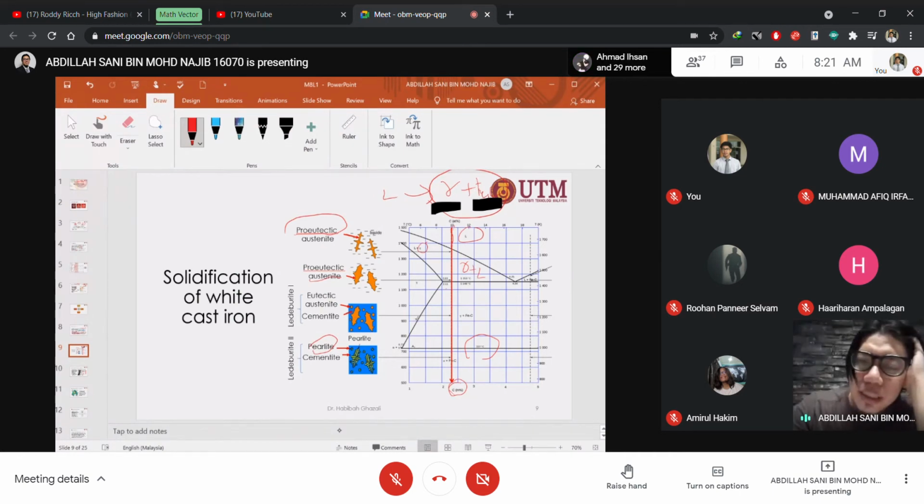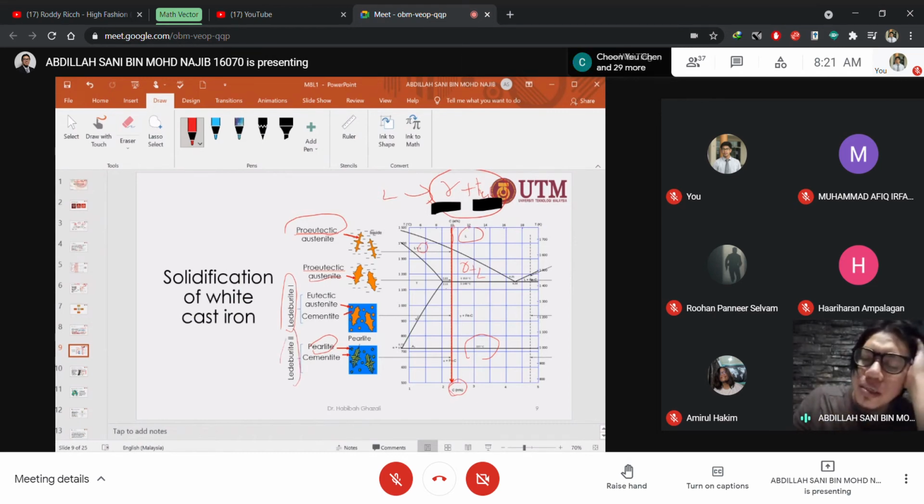So this structure of eutectic austenite, pro-eutectic austenite and the cementite, the whole structure is considered as ledeburite. And once it changed from austenite ledeburite to